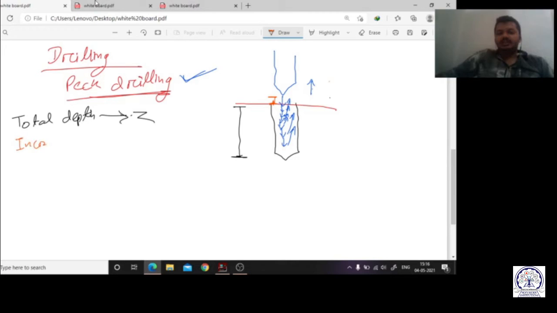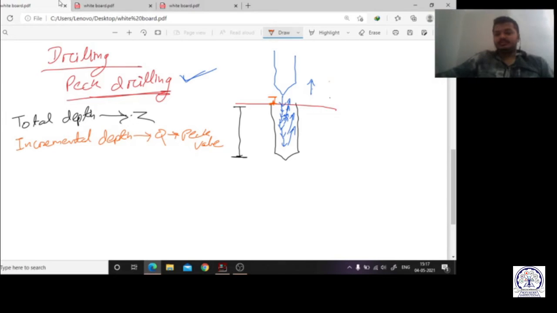The incremental depth in the Z axis is known as the Q, or also this is called the peg value. At a time how much depth we have to cut, that is called the incremental depth.